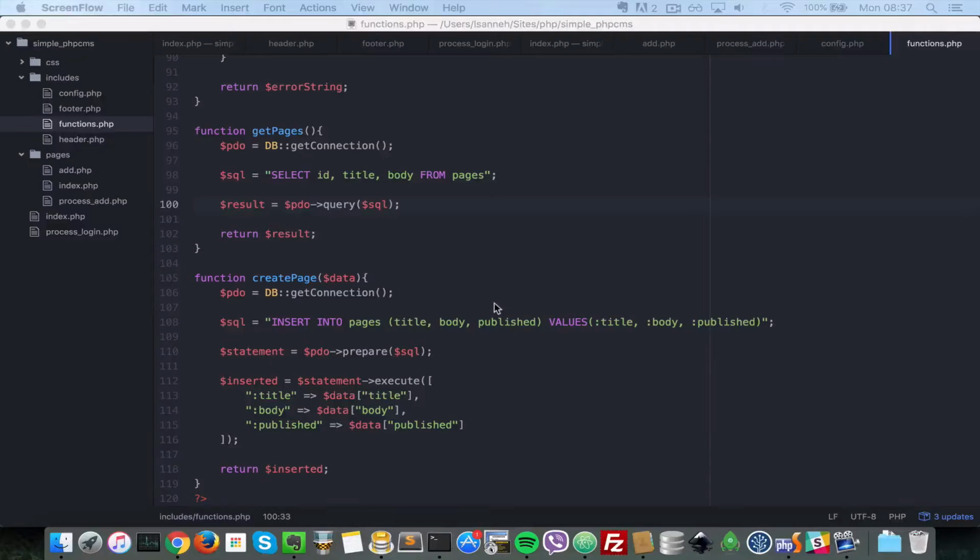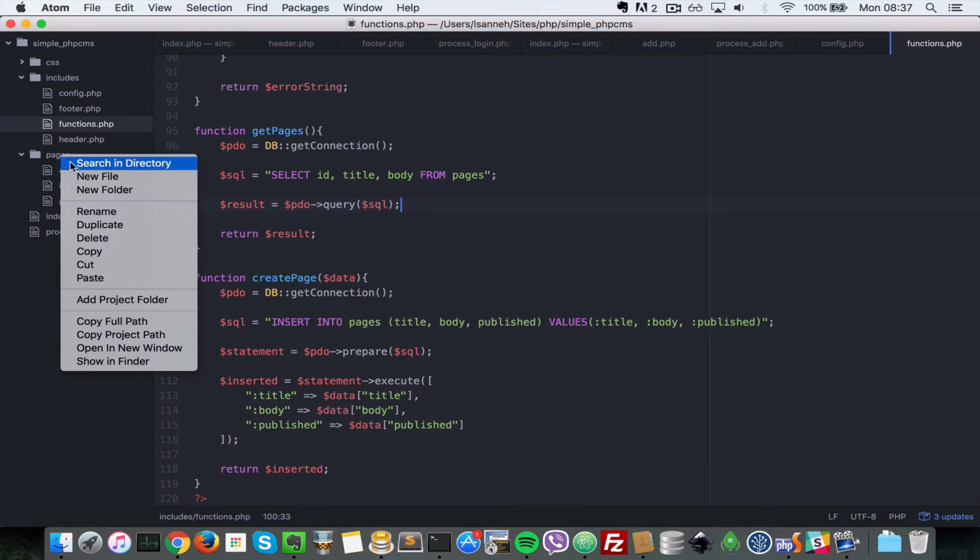So in the last video, we created functionality wherein we can add pages to our simple CMS system. In this video, let's see how we can do something similar, which is editing of pages. Okay, so the edit page is going to look similar to the add page. So the first thing we need to do is let's create a page called